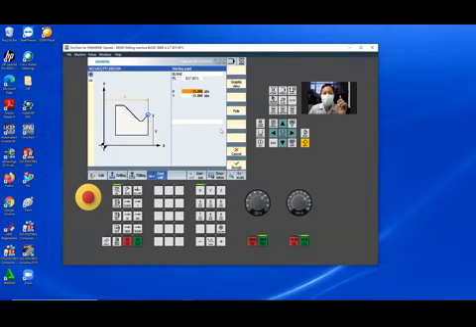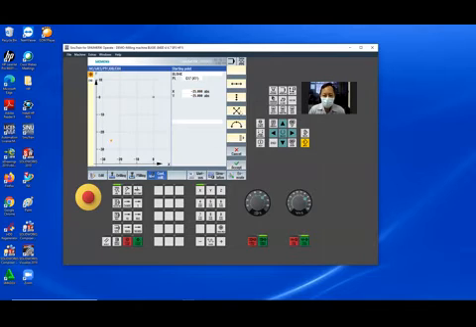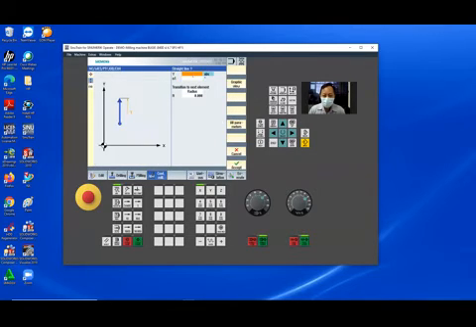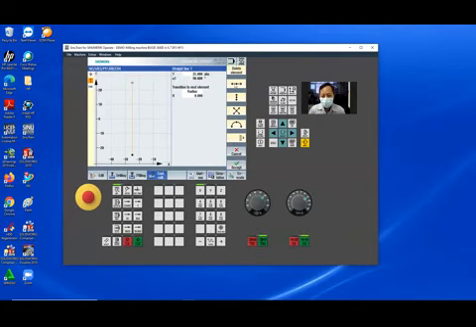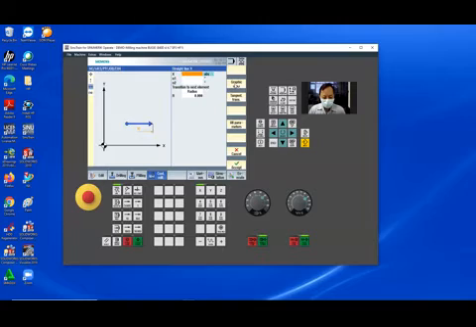Our workpiece is 50 times 50, so the half is 25. Accept. Go up 25 without radius, then go right 25 and go down 25.